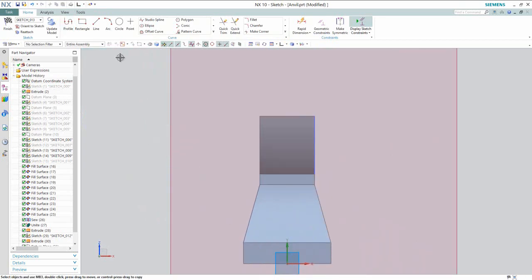Activate the circle tool and create a circle from here.